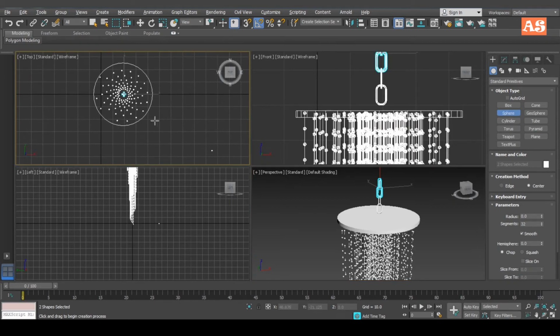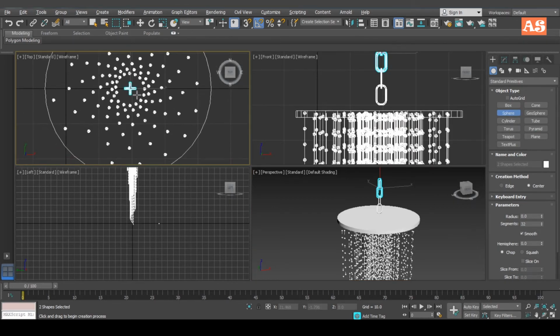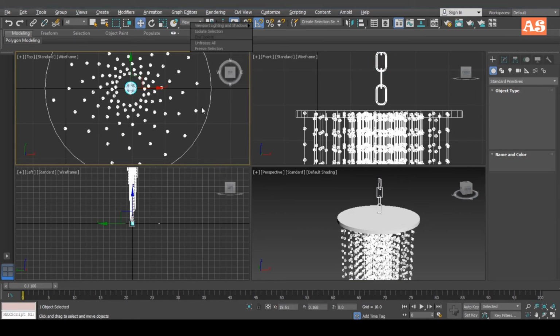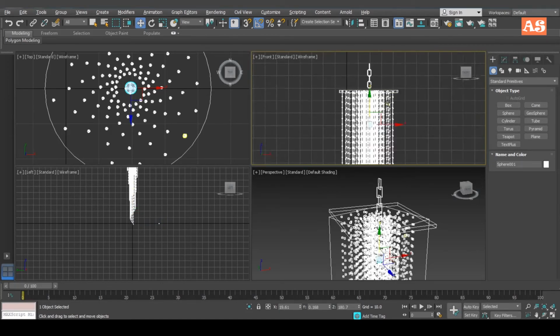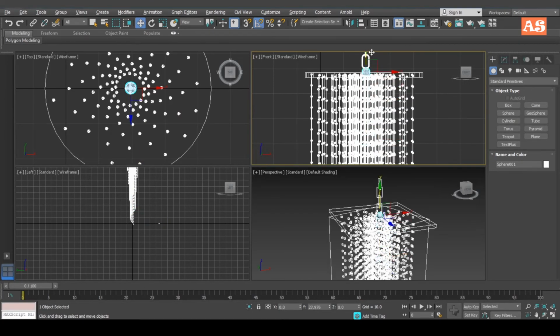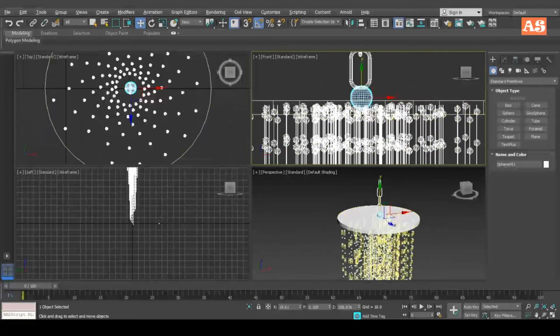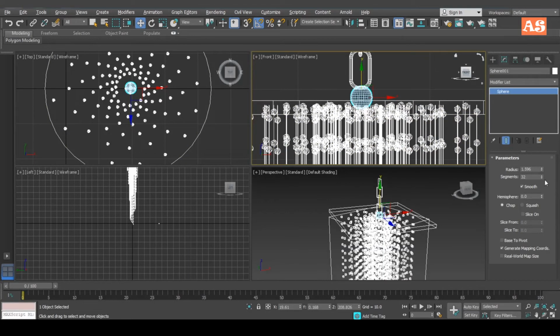and create a sphere like this. Place the sphere between these two objects, and if you want to increase the radius, then do it from here. Place it like this.